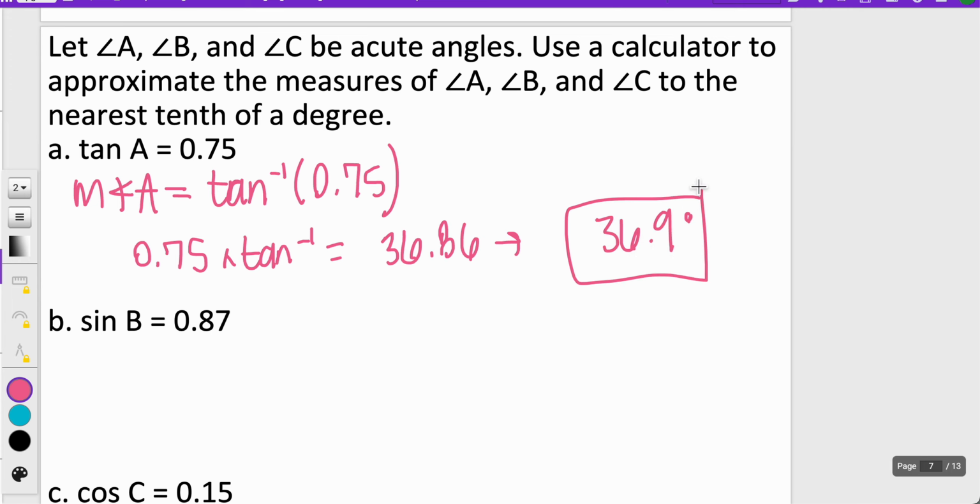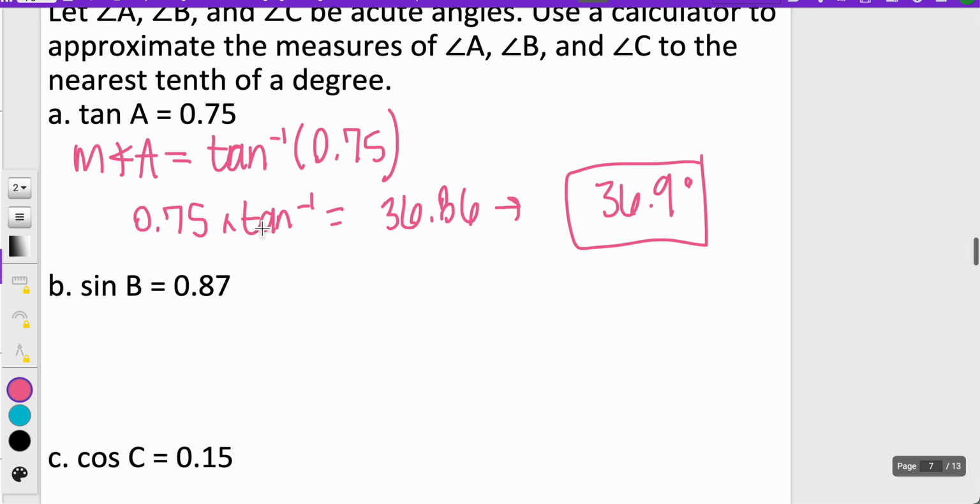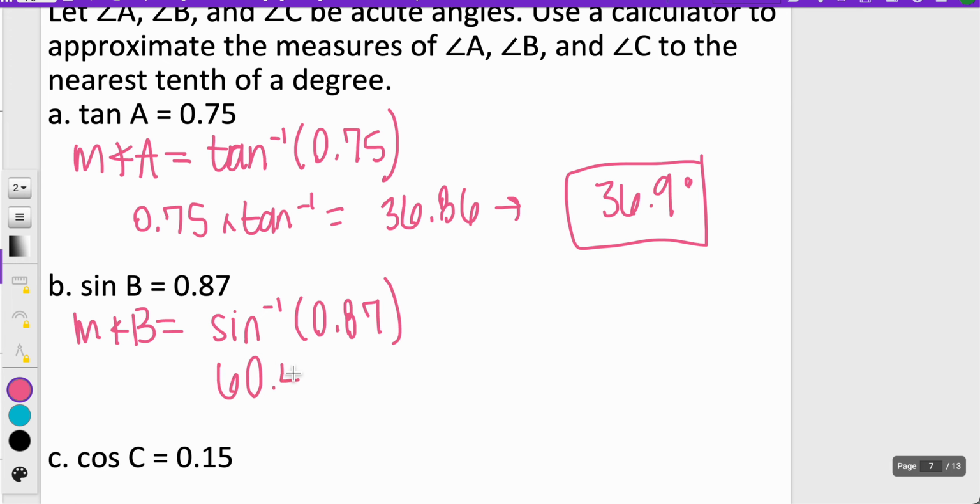Okay, so just make sure your calculator is calculating the same as mine. If not, you might need to switch it up or use an online scientific calculator. So again, for the measure of angle B, I now want to find the sine inverse of 0.87. So I take 0.87 and do my shift sine inverse. I'm going to get this long decimal, 60.45, so we're going to round it to about 60.5